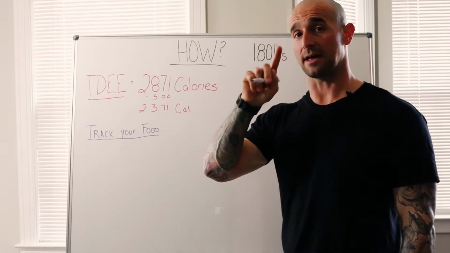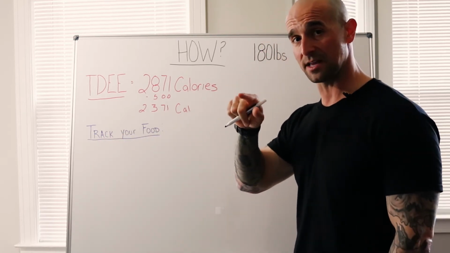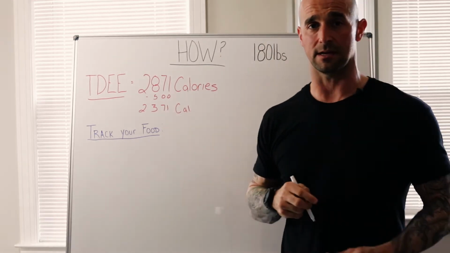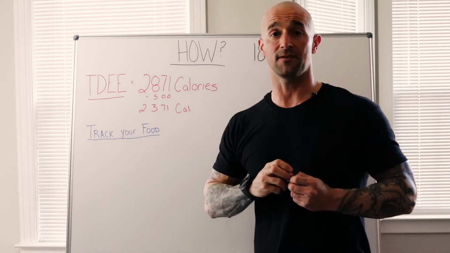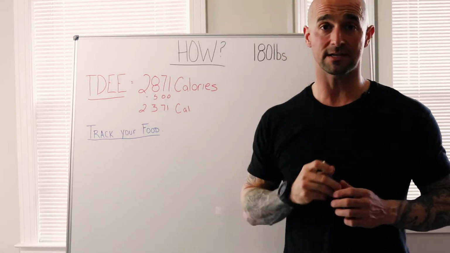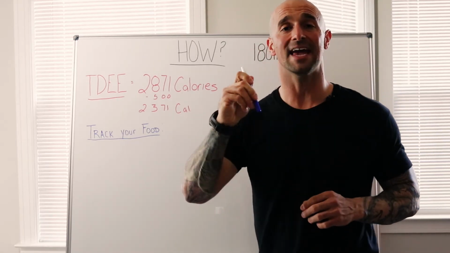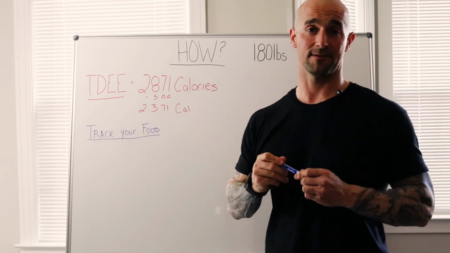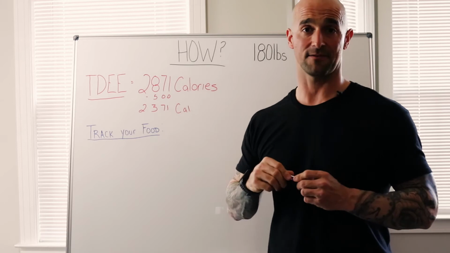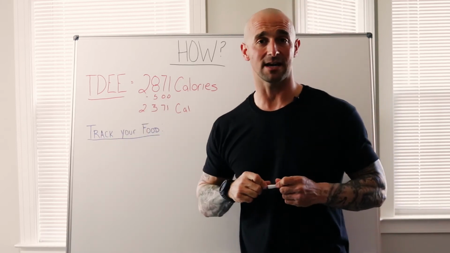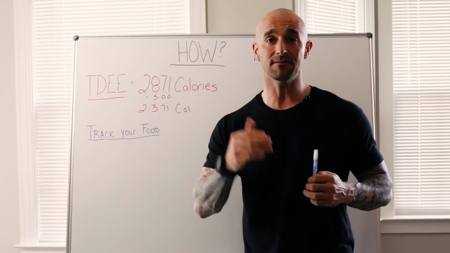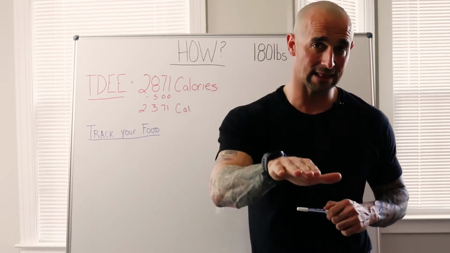Why do we want to do that as our second way of finding our calories? So I want you to track your food, everything you eat. I don't care if it is chicken and rice every day. I don't care if it's half a Snickers bar. Put in Snickers bar, 1/2. King size bar, 1/2. It has serving sizes in there, guys. Just put anything in there. Half a pint of ice cream, put it in there.